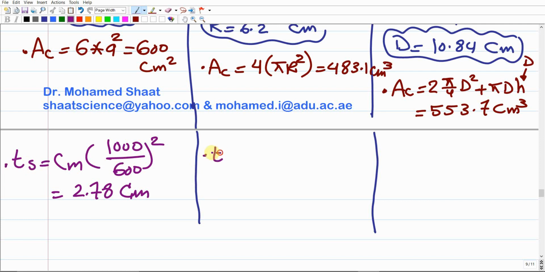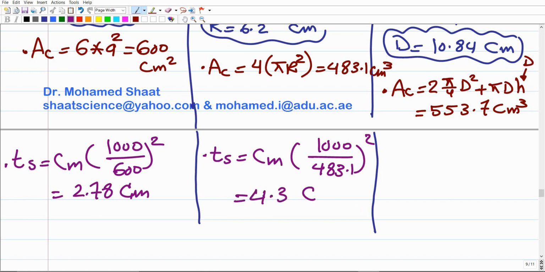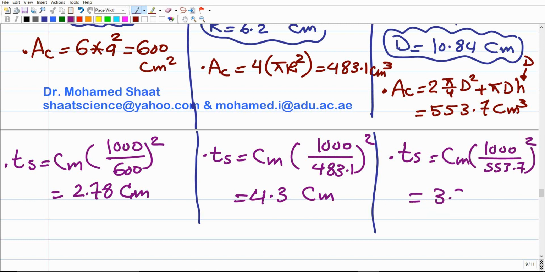And the solidification time in this case is going to be the same Cm, but 1000 divided by 483.1 squared. If we did the calculation, this is going to give us 4.3 Cm, and the solidification time here is going to be the same Cm, but 1000 divided by 553.7 squared. If we did the calculations, we're going to end up with 3.3 Cm. So as you can see,